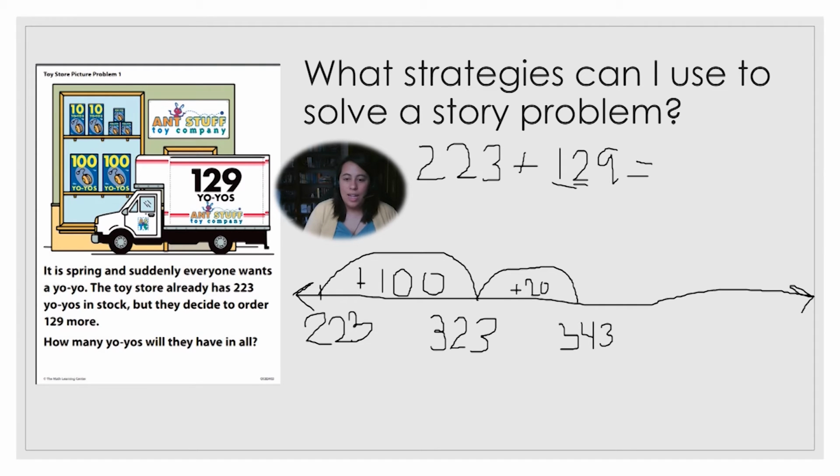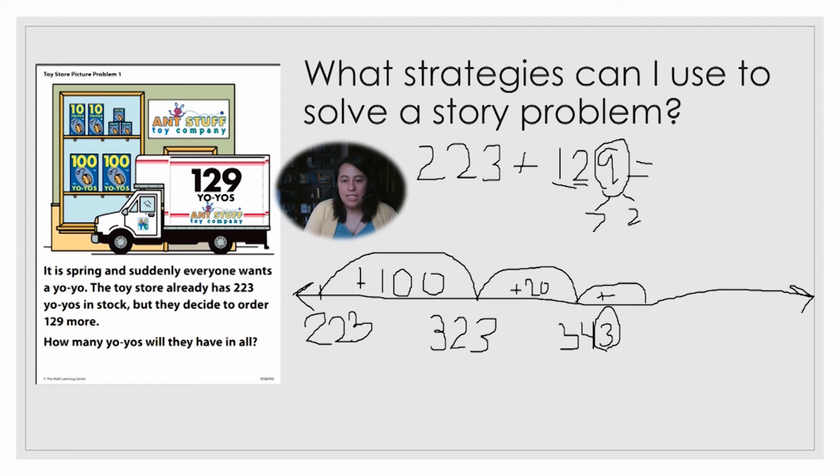Okay, now I'm looking at my ones that I have left to add. I have 9 ones here. I have 3 ones here, so I know that that's going to make more than 10. So I'm going to break this up a little bit. What goes with 3 to make 10? Hope we said 7. So I know there's 7 and 2 in 9. So I'm going to try to add 7 and then 2, because that will get me to a nice friendly multiple of 10.